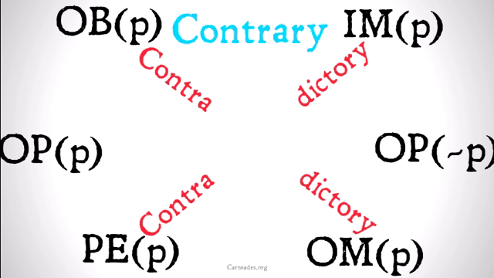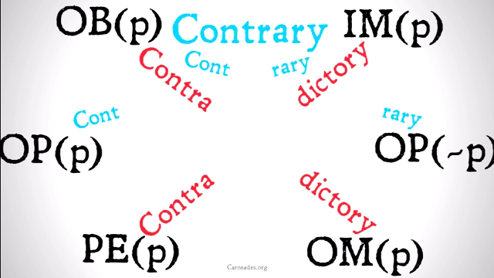It's also going to still be a contrary between obligatory and impermissible. At least one of them must be false. They can't both be true. That's what contrary means. But there's going to be some other contraries that play in here. Between obligatory and optional is going to be a contrary. At least one of them must be false, but they could both be false in the case of something being